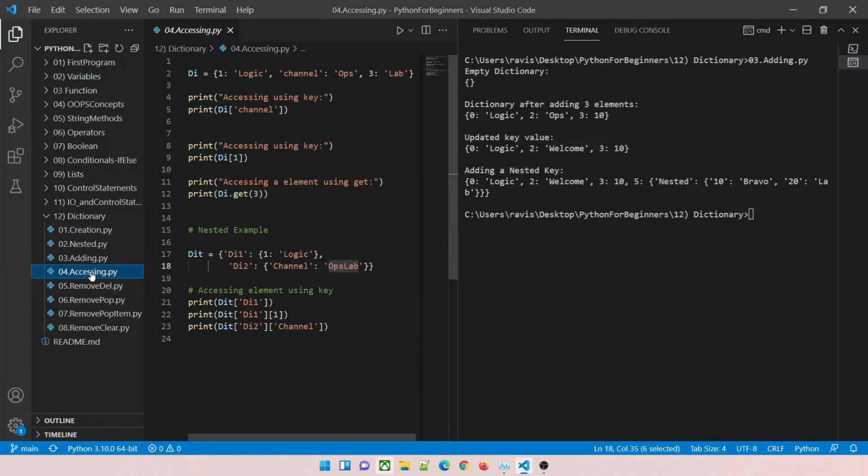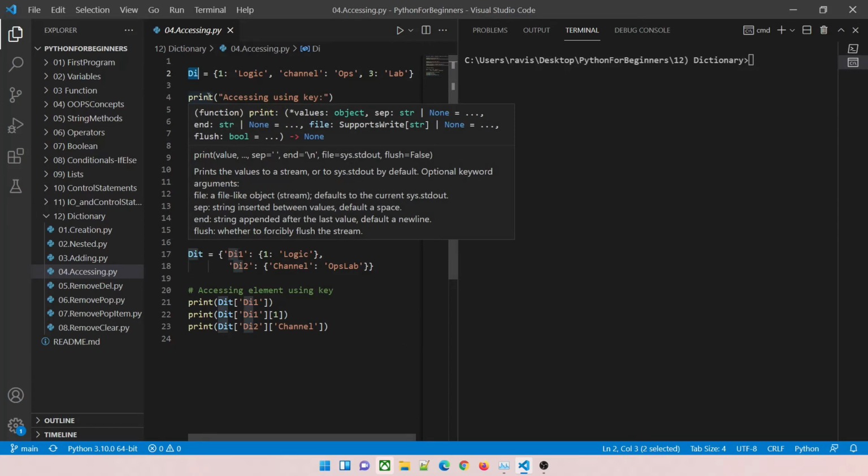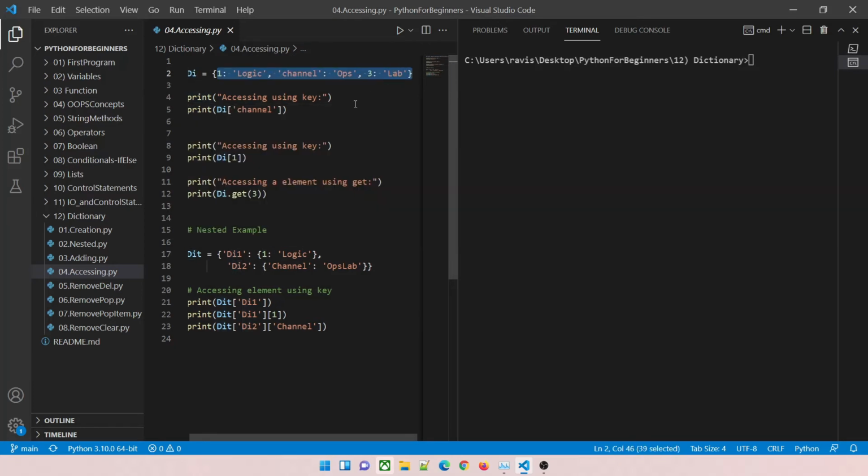Now let's go to the accessing part, which is again fun. So what we'll do is we'll just clean this and go through this. I have a dictionary which I call di, and in it we have 3 values and 3 keys. You can see it's mixed, because here you can see a number and here you can see a string. What I'll do is I'll access by using a key. So this is a key and the value associated is ops. If I print this, ops would be printed. We'll see it in a while.